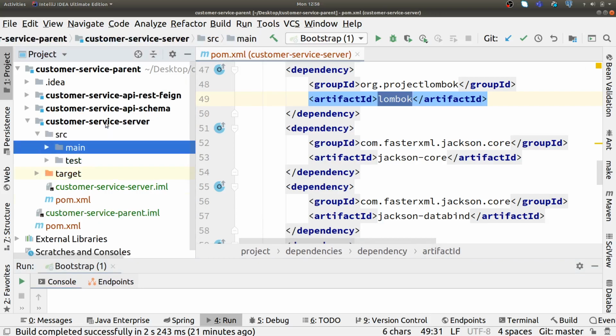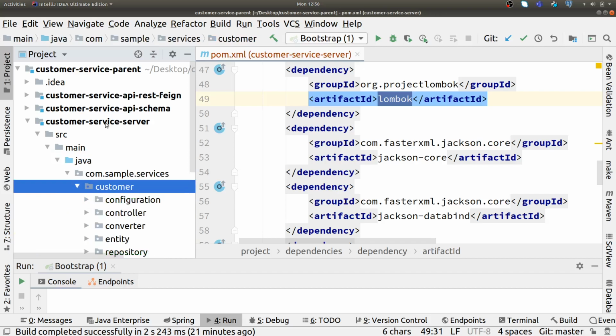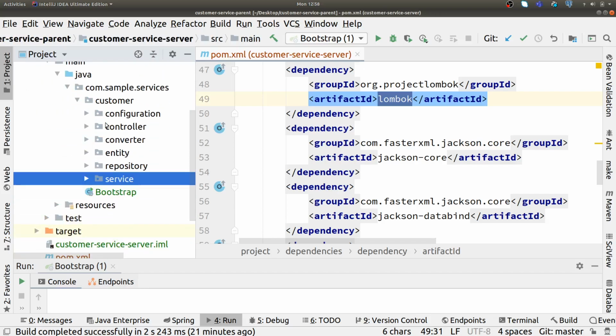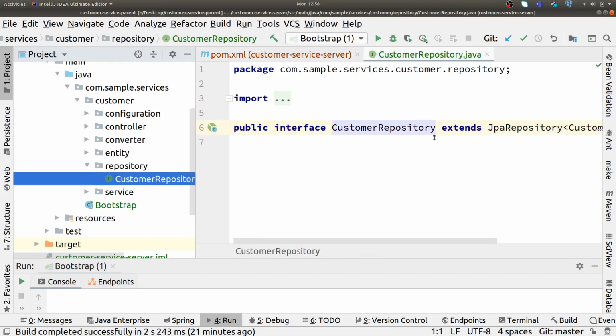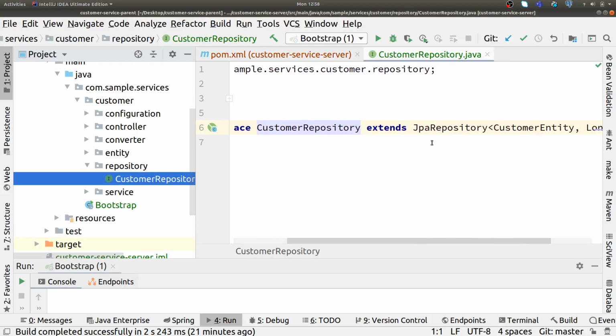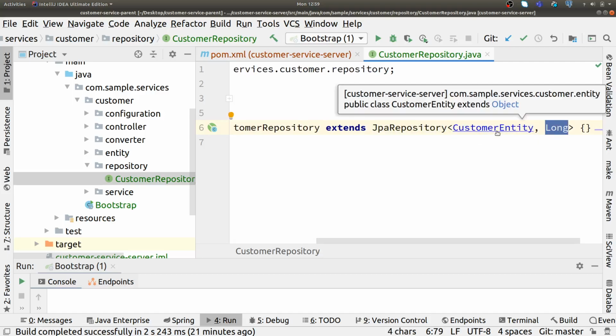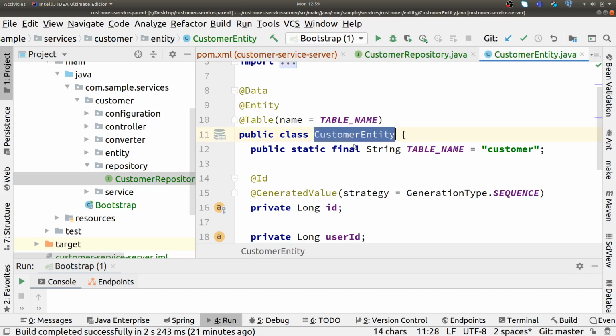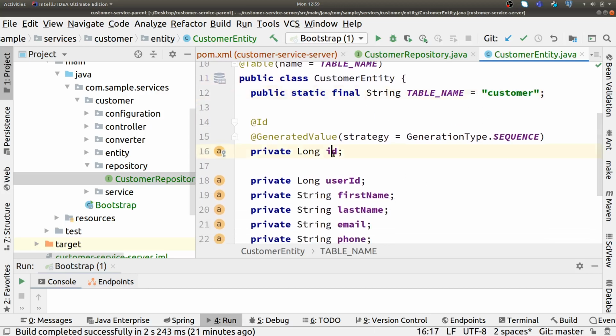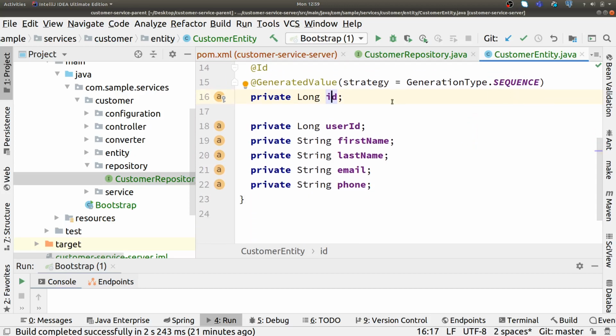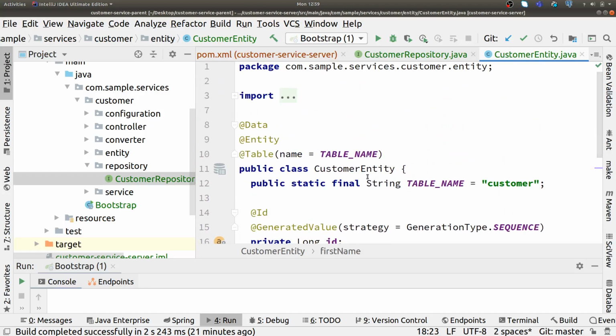About the implementation, I will start with the repository. I have added the customer repository here, which will extend the Spring JPA repository for us. The entity will be the customer entity, and the ID will be of type long. In the customer entity, the ID will use the auto sequence generation strategy from Hibernate, and the attributes it has are first name, last name, email, and phone. I will remove this user ID as we don't need a user ID field here. So that's about the entity